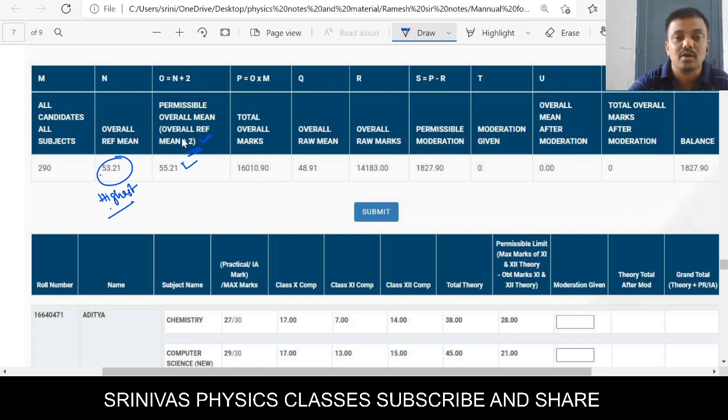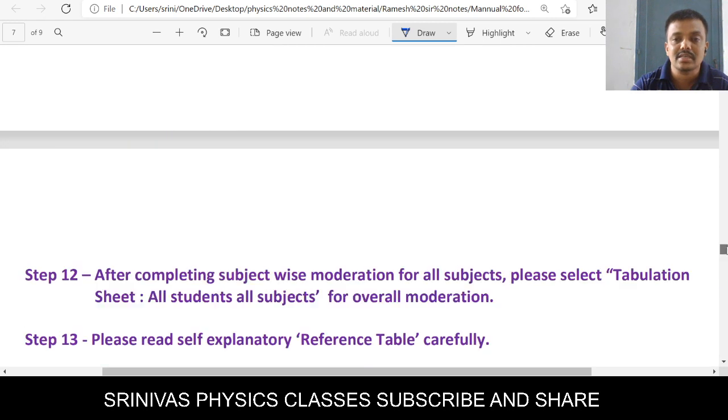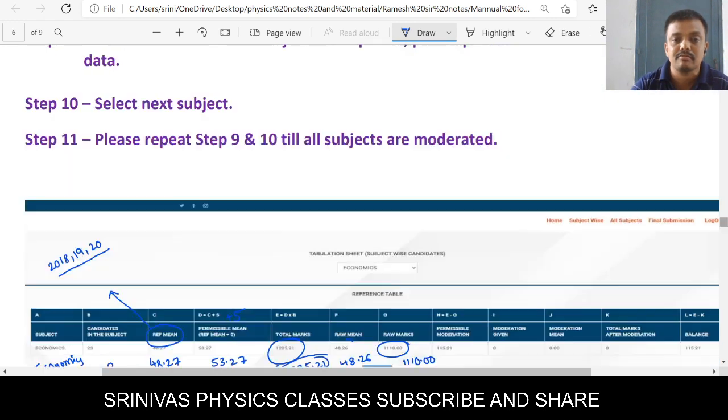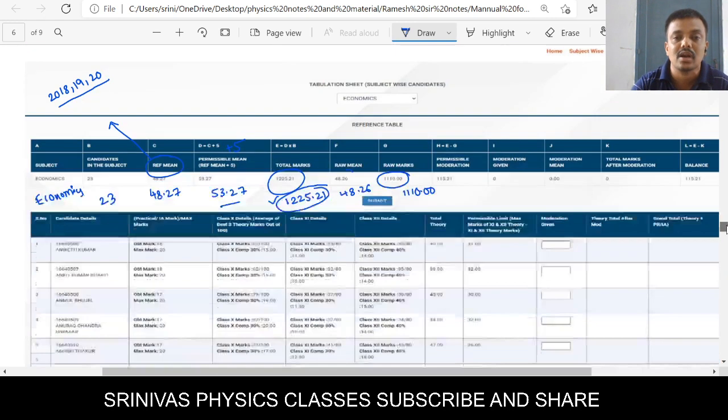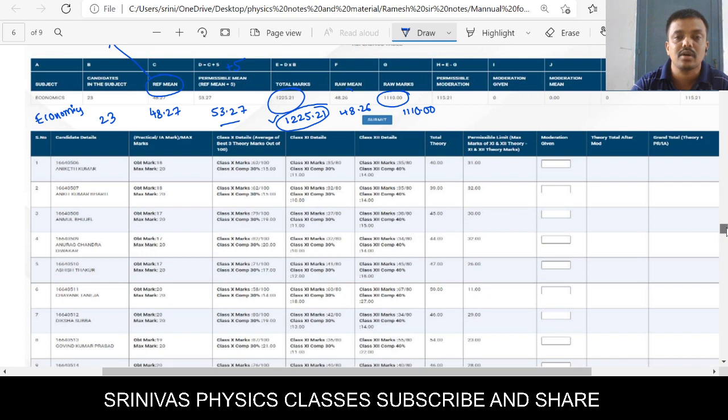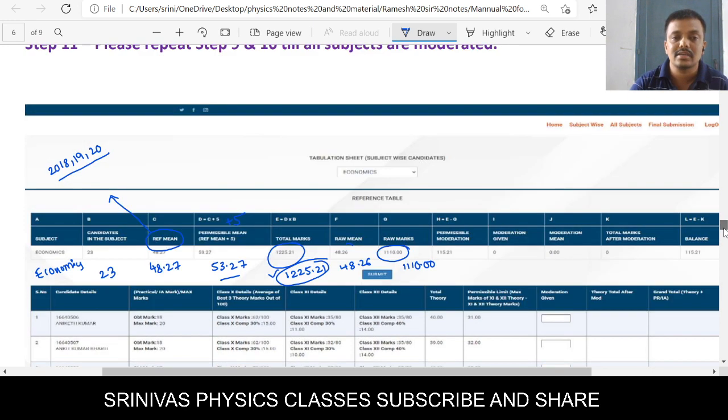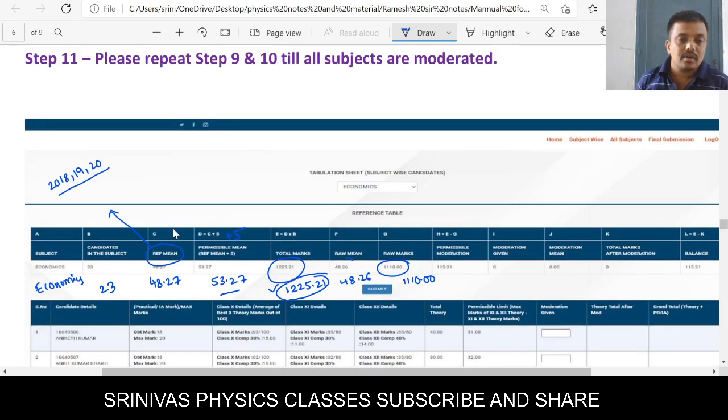Then for that, what do you have to do? If you increase the subject average by 5 in every subject, the overall also increases by 5, but overall should increase by only 2. That's why don't go for these calculations. Then I will give an idea how to do it, right? Let's see here. If you feel it is acceptable, then you can follow and try it.